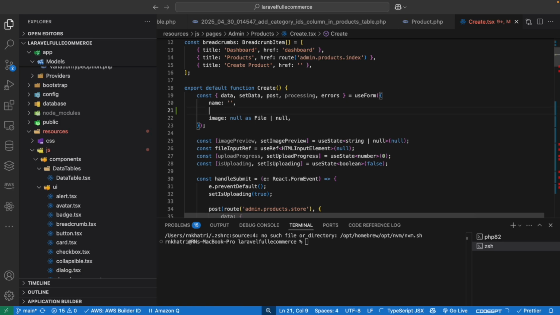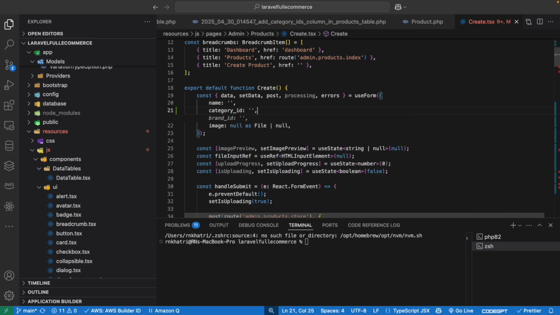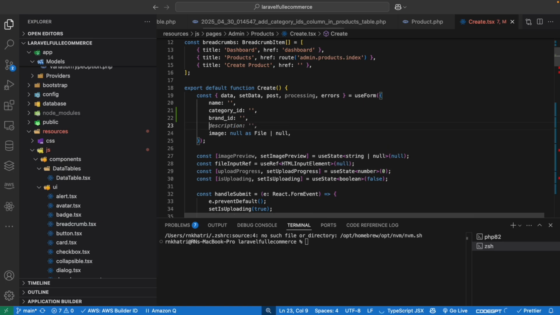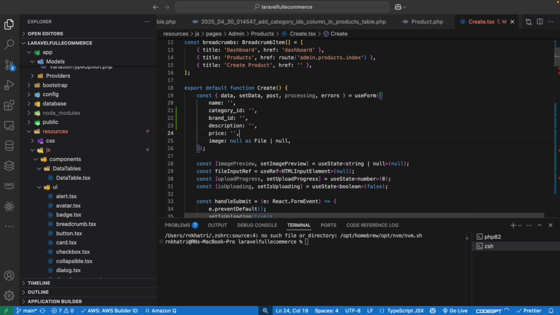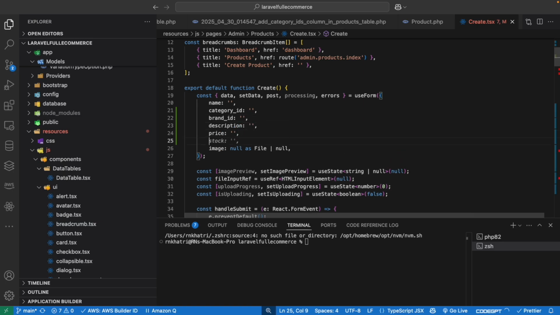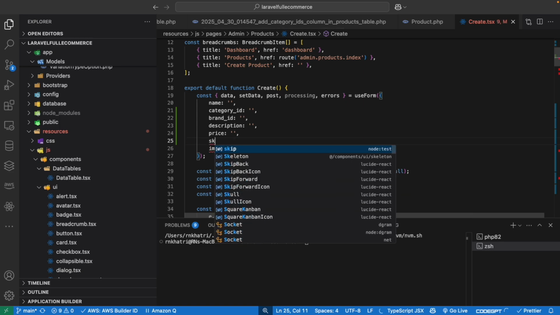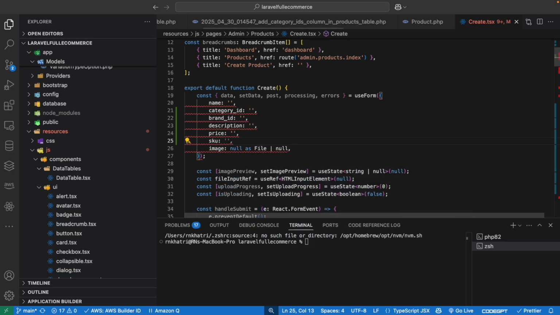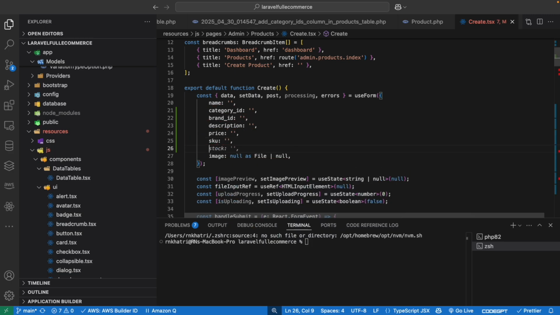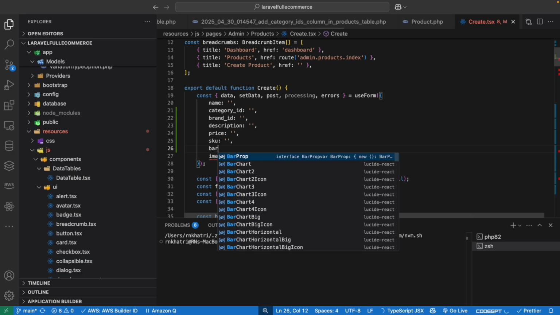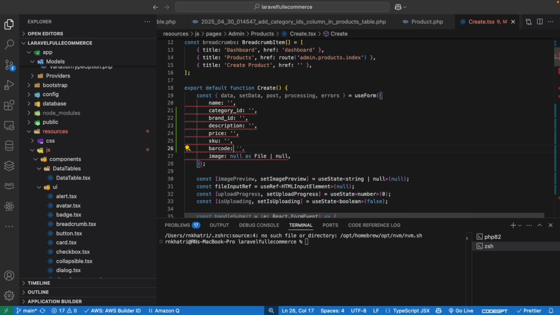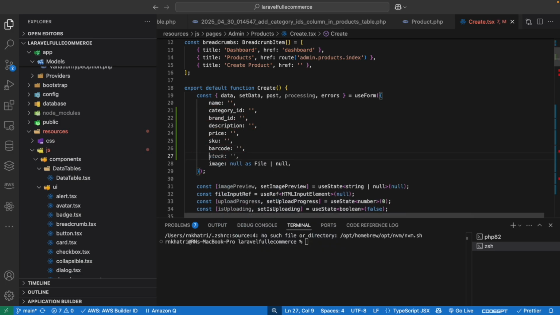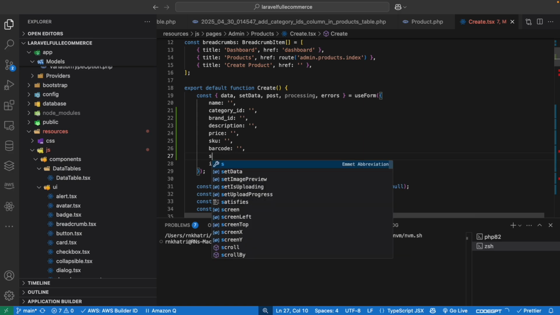We need the form data. Then we need category id empty, then brand id empty, then description, then price, then SKU, and then barcode, then status